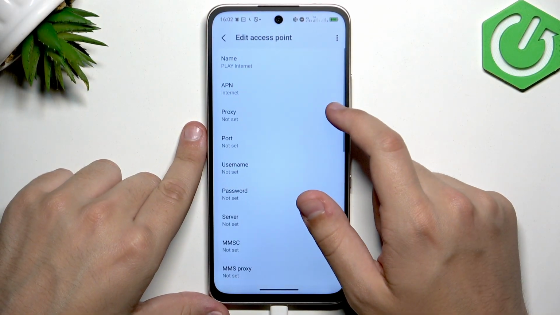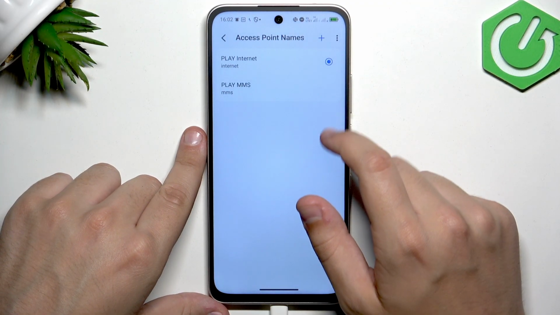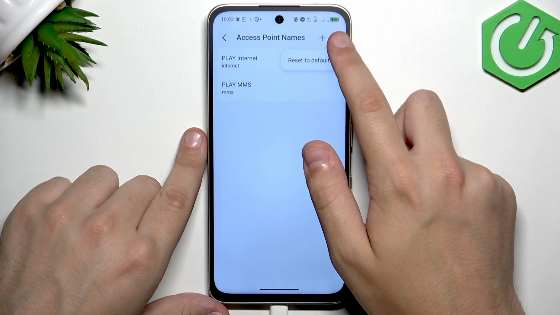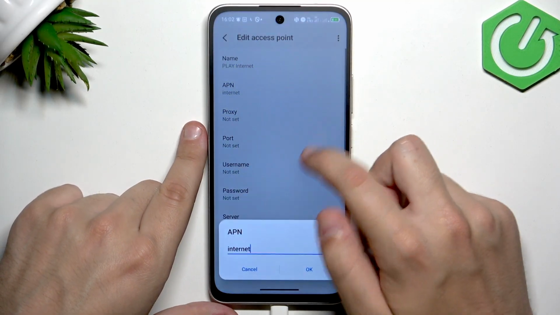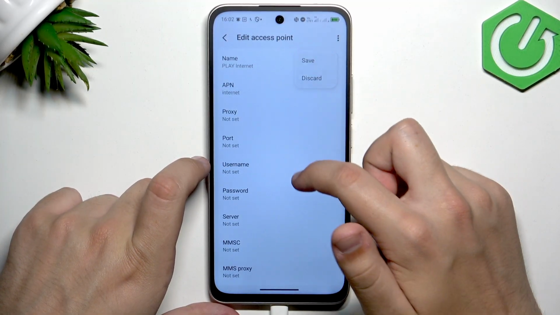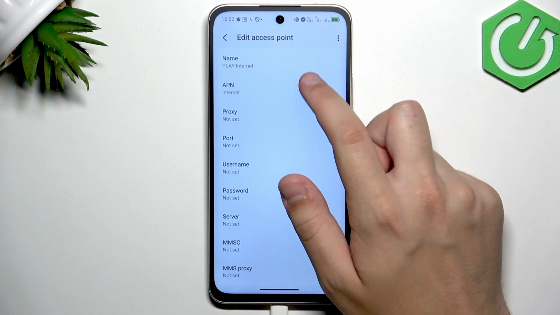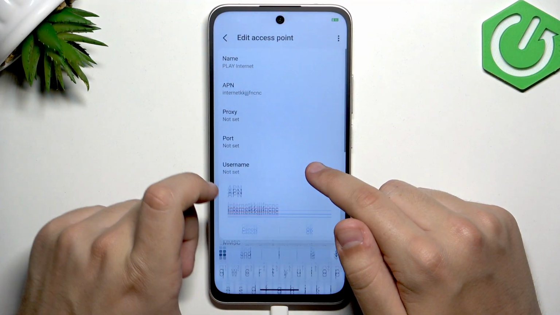Here we have our internet. Now we're going to click on it and click the three dots. As you guys can see, there should be an option to just easily reset it, but I just cannot find it. So there's probably no way that you can delete the APN, but of course you can rename it, and